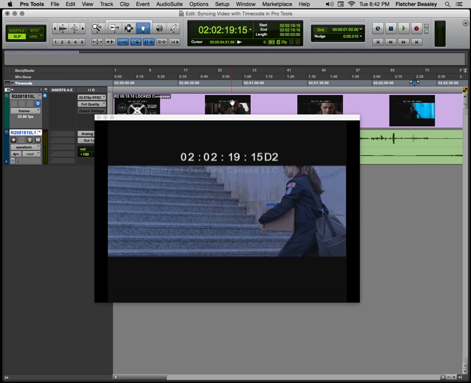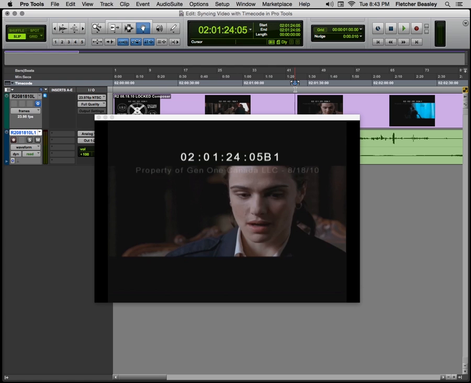Our session is now synced to the video timecode, and any audio files exported from Pro Tools will be timestamped, enabling those files to automatically spot to the proper timecode locations in video editors and other DAWs. For composers who wish to score music to picture, it is easy to set a bar location and tempo in Pro Tools. Simply select the frame of video where you wish bar 1 of your cue to start, choose Event,